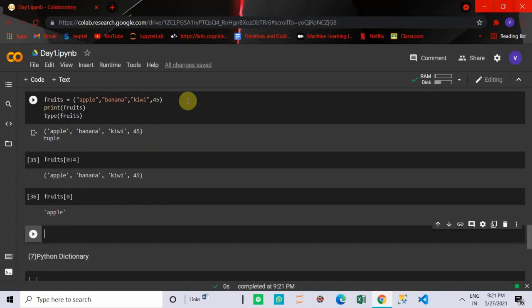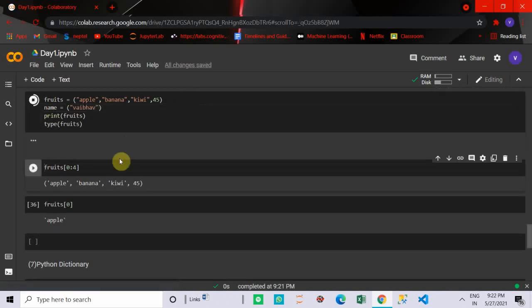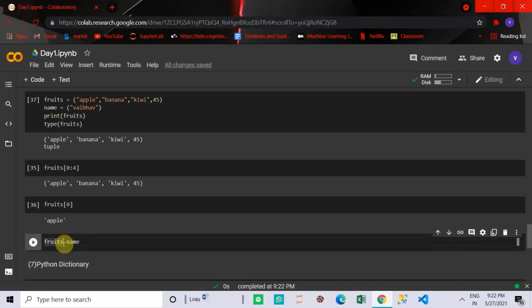Like this fruits, and next is something like name. Name equal to web of, I think it might be possible, fruits plus name. Sorry, I did something wrong. Fruits plus name.